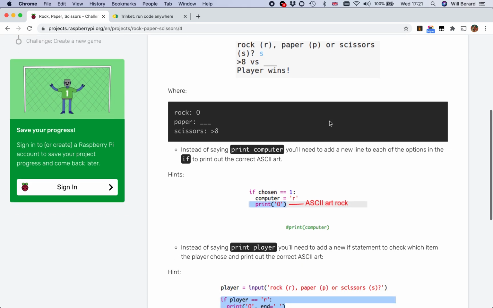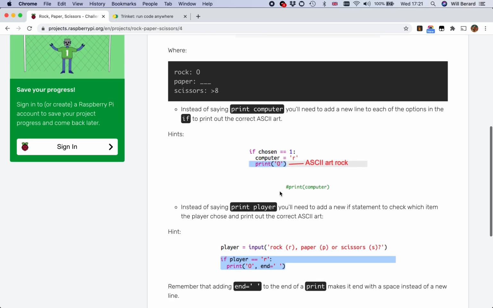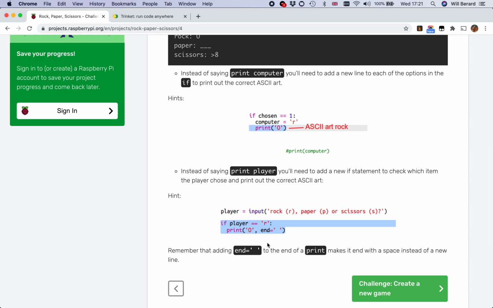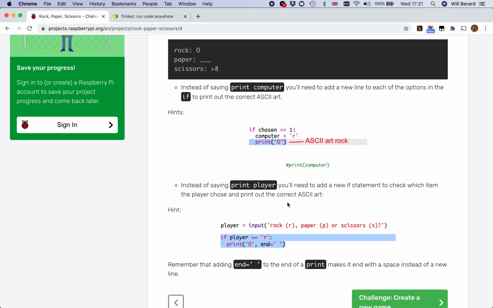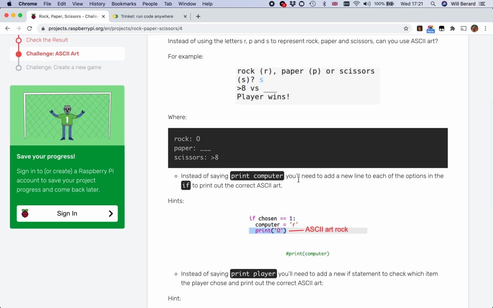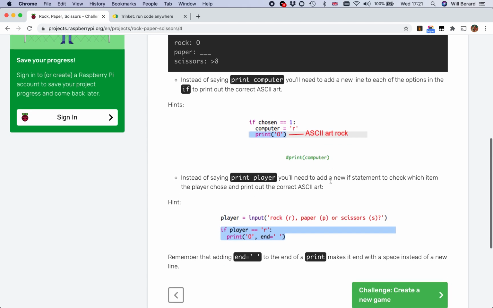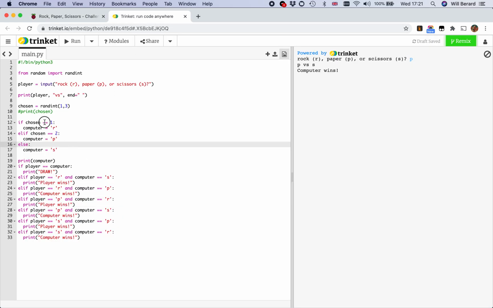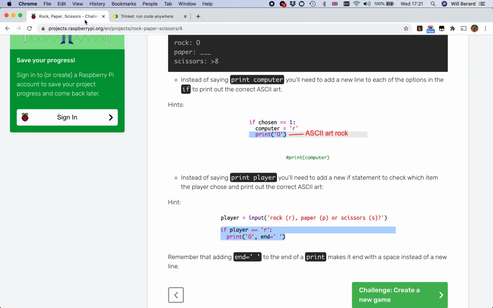All right. So instead of just printing the computer, if chosen equals 1, we're printing... Now, instead of saying print computer, you'll need to add a new line to each of the options in the if to print out the correct ASCII art instead of player. Okay, well, we can do that. So we already have a conditional structure, if, else for chosen that determines the computer. So what we're going to do here,